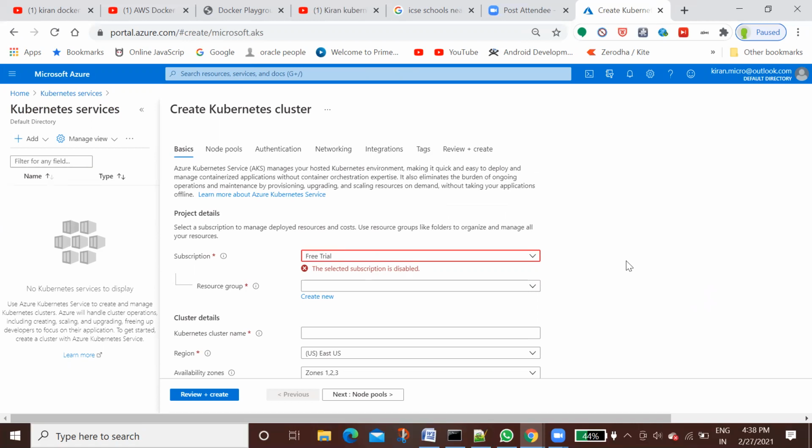So you have to convert this to a paid tenant. In a paid tenant, you can still use the free services, but only with more caution. We need to know what services we are going to use. For example, if you create anything, after the lab delete it.